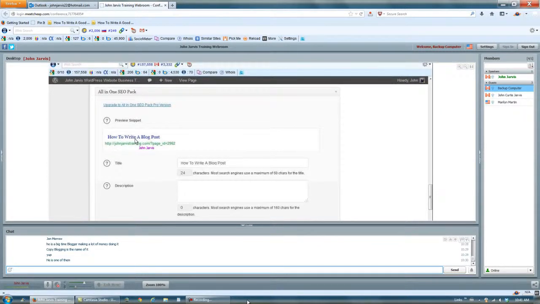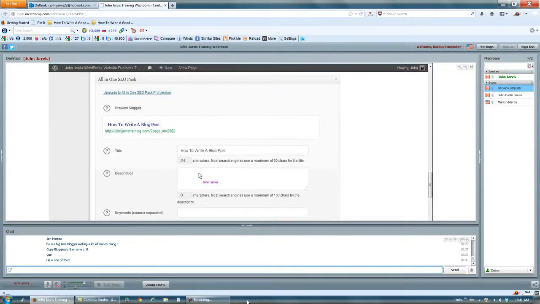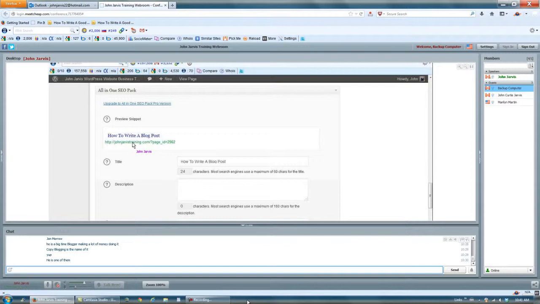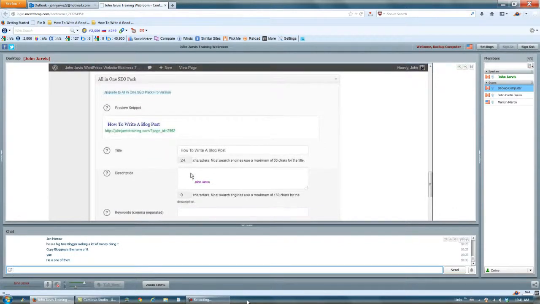But if you fill out the All in One SEO Pack, it's going to have more writing here that people are going to see, and if your keywords are right, the words that you use here, the chances are more likely that they're going to click on them. So here you would just put something like